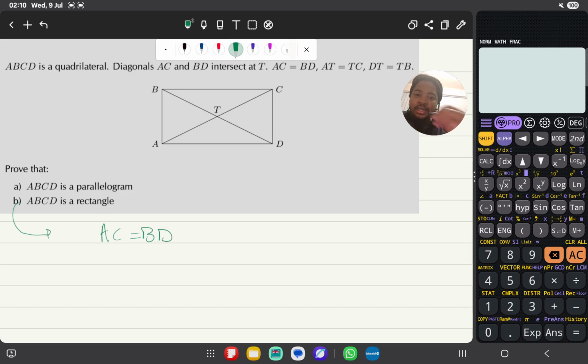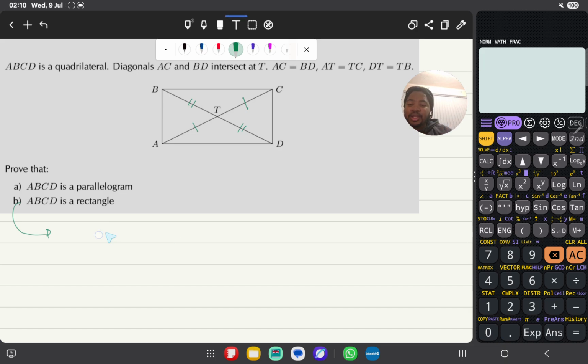Let's AT equals to TC, DT, I'll just say this TB, right? But of course we know that all these are equal, right? It was given, right? The reason why I'm saying all these are equal is because AC and BD are equal, right? And T is a midpoint of AC, therefore it's a midpoint of BD. Do you know what I mean? Yeah, so